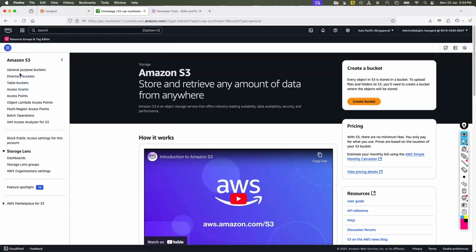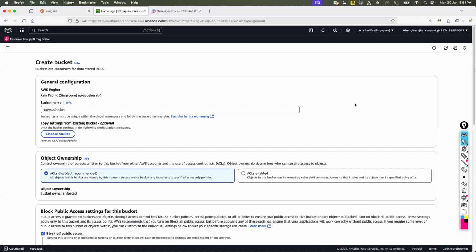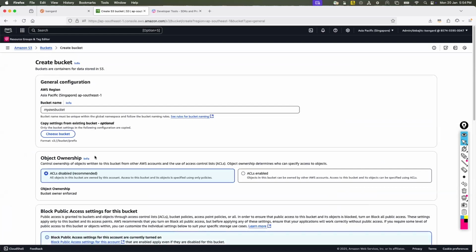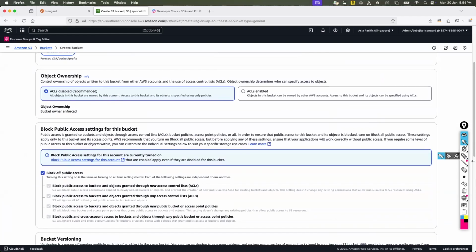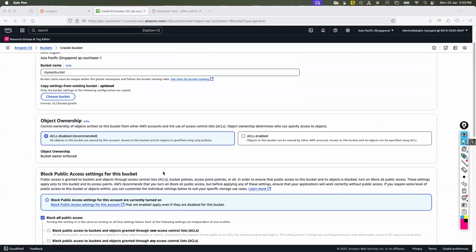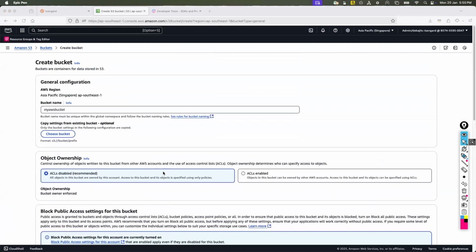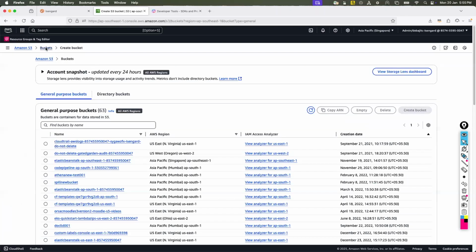One thing is very important to know: out of the box, S3 is restricted from public access. That means if you create any bucket, the bucket is not accessible from the public internet, from a security perspective. However, you can make it public, because some customers use S3 as a static website solution. But at this stage, that is about S3.